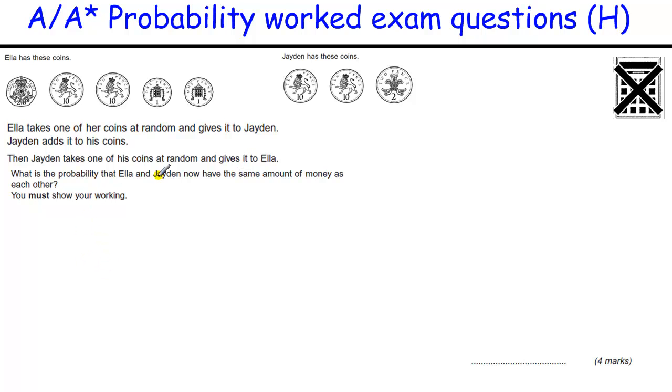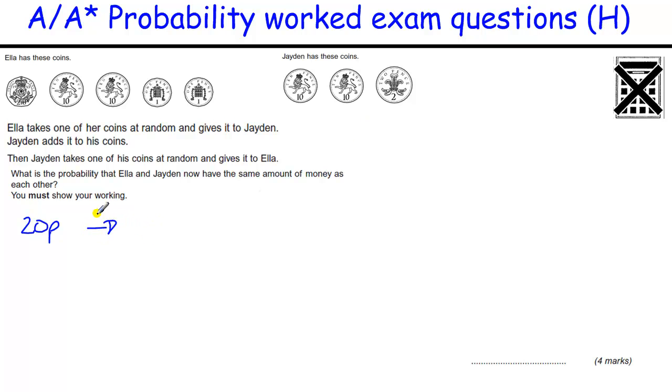Okay, this is a very involved question that you've got to really think about what's going on here. What possible things can happen? There's a lot of things we could try, so let's just try and break it down. We'll start with the 20p. If Ella takes 20p and gives that to Jaden,